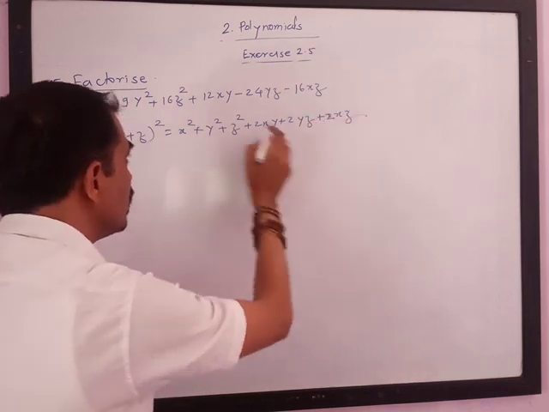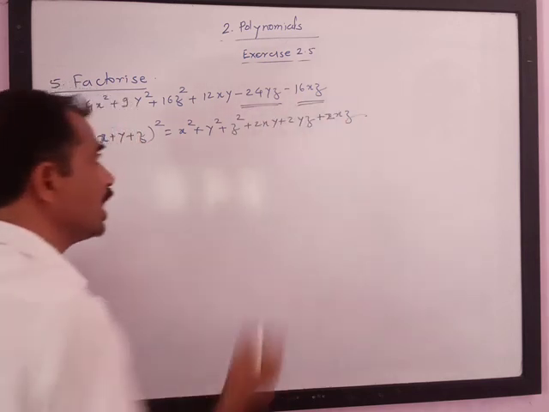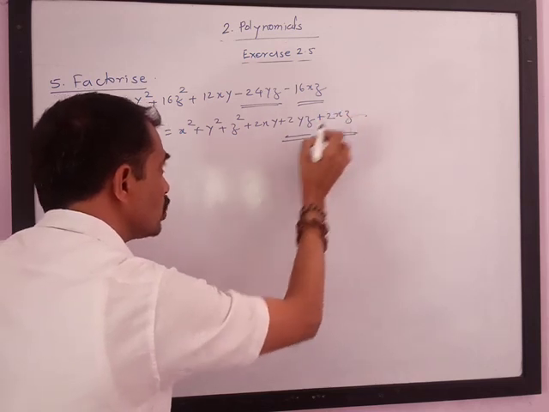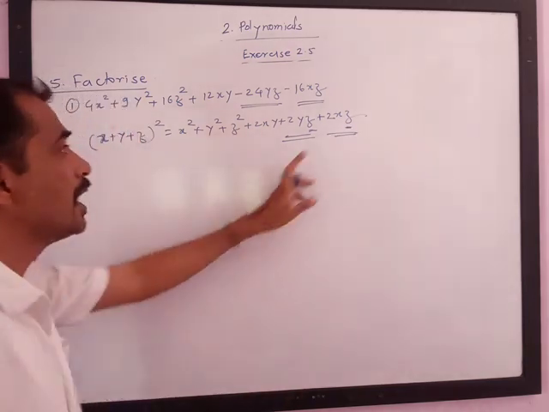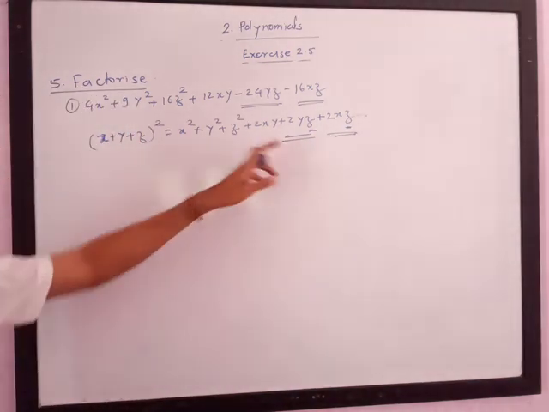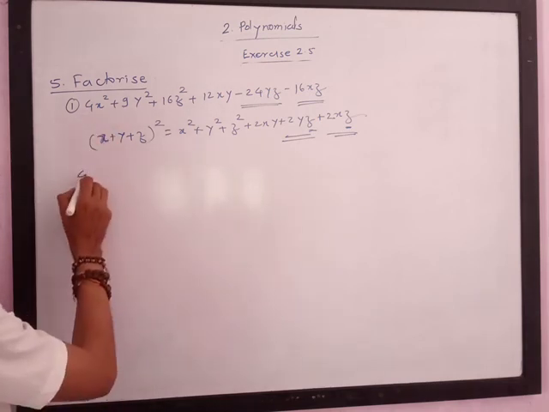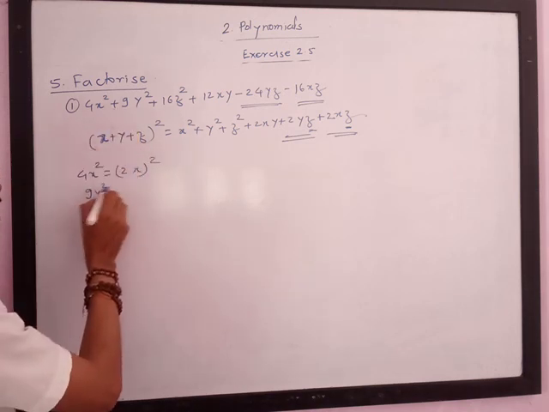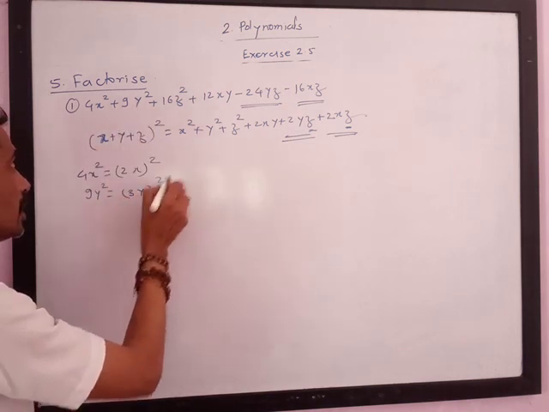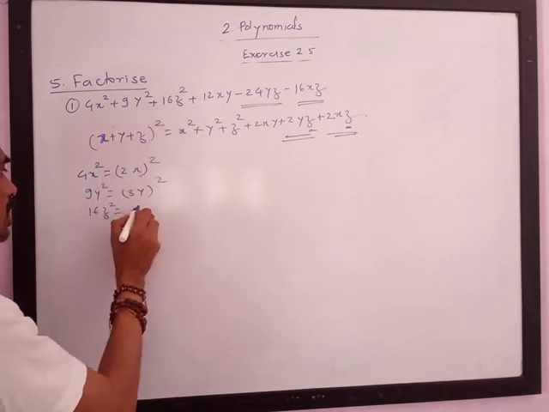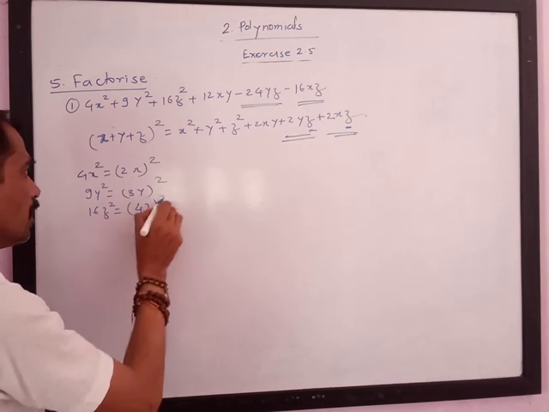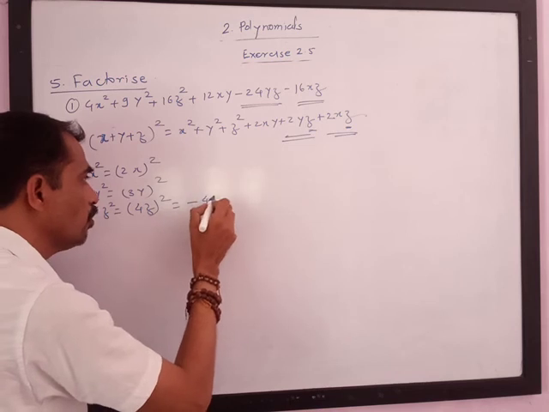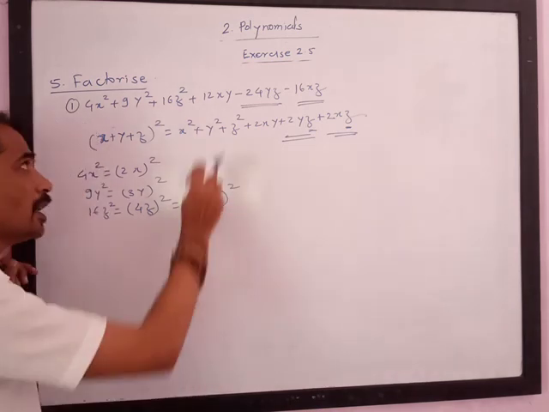Now understand, here the last two terms are negative, so let us check what is common in these. Since z is common, it means that z must have a negative sign. Let us check the first: 4x square is a perfect square of 2x. Then 9y square is a perfect square of 3y. 16z square is a perfect square of 4z. But please note, since the last terms are negative, this is also a perfect square of negative 4z. If you square this, we will get a plus 16z square.